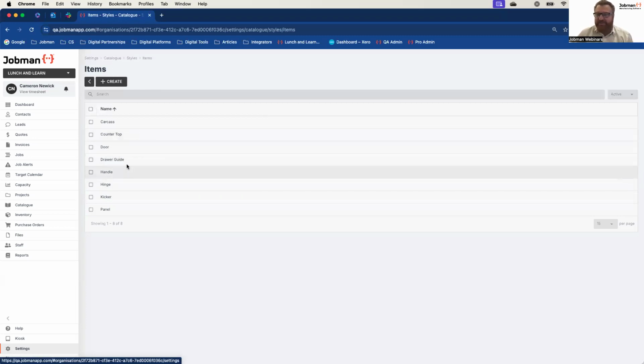So if we go back to that base one door as our final example, we say, okay, what was the base door one cabinet made out of? It was made of a back, two ends, a shelf. What are those? That's the carcass. So all of those components or parts were linked to the style item carcass. Easy. It has two hinges. It's linked to hinges. It has a handle. It has a door. It has a kicker, and it has a panel. And that's the link. So these are very easy to make.